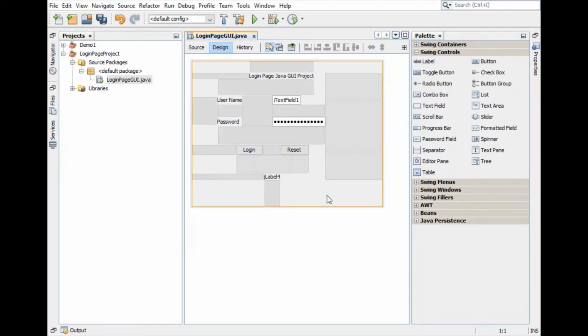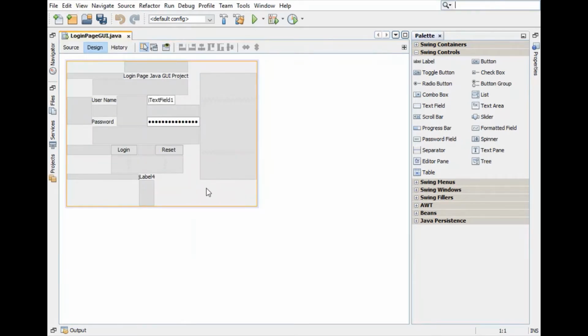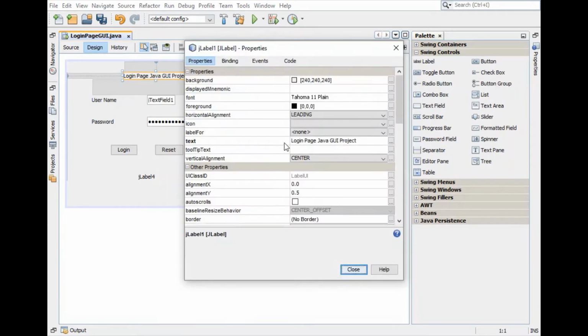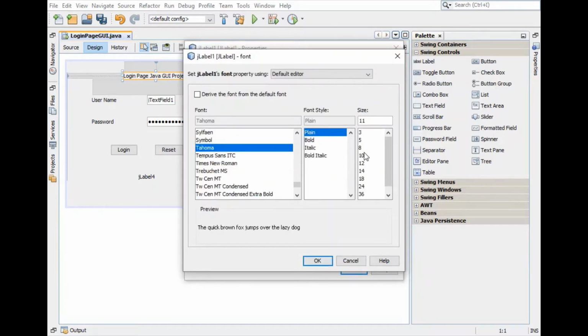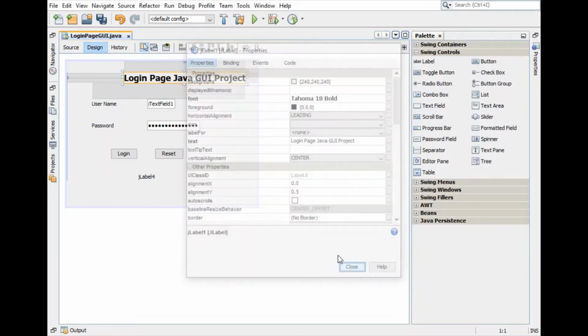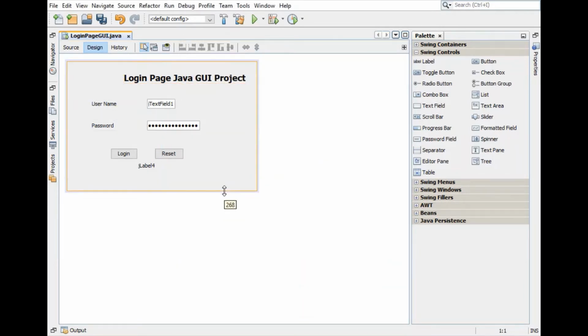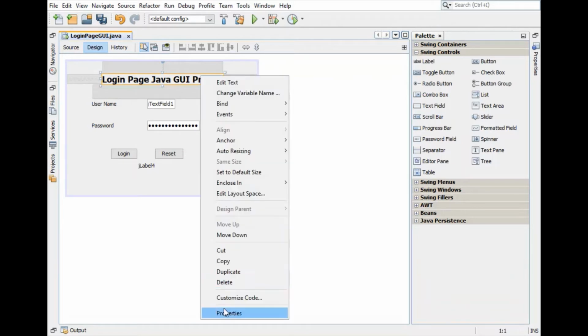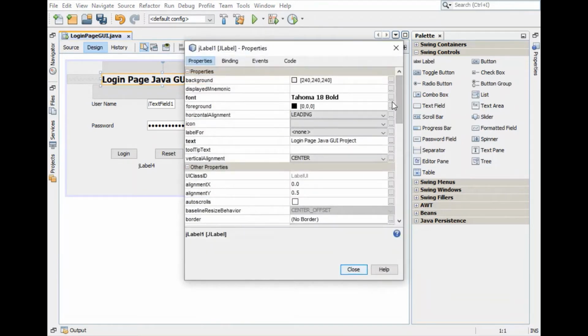Now let's set the various properties related to all these components. I'm just minimizing my project path. Now here let's set the properties related to the title label. Just make this a little larger, bold, 18, and keep it centered. Set the color also.